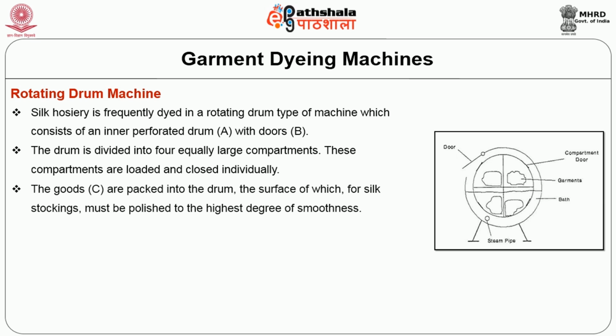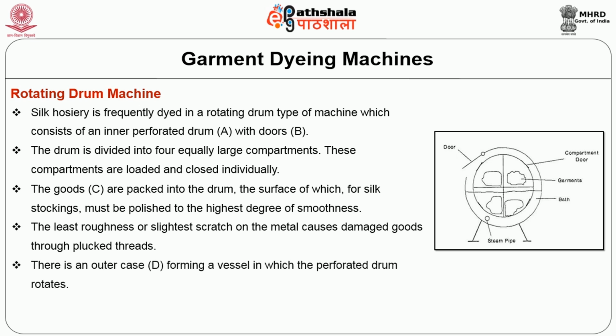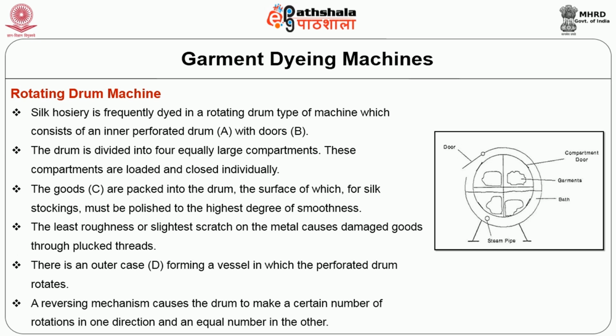The goods C are packed into the drum, the surface of which for silk stockings must be polished to the highest degree of smoothness, because even the least roughness or slightest scratch on the metal causes damaged goods through plucked threads. There is an outer case D forming a vessel in which the perforated drum rotates. A reversing mechanism causes the drum to make a certain number of rotations in one direction and an equal number